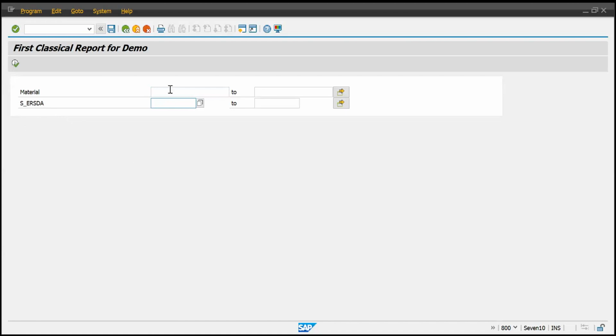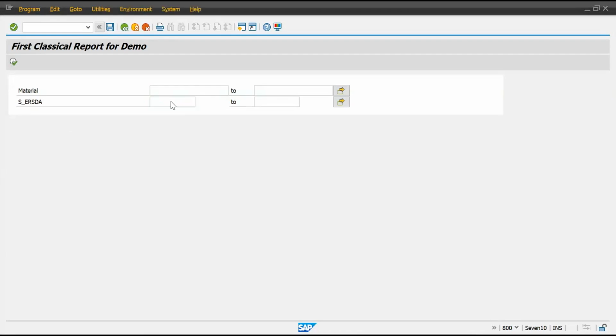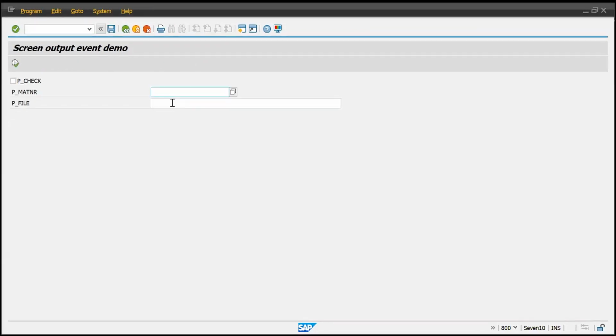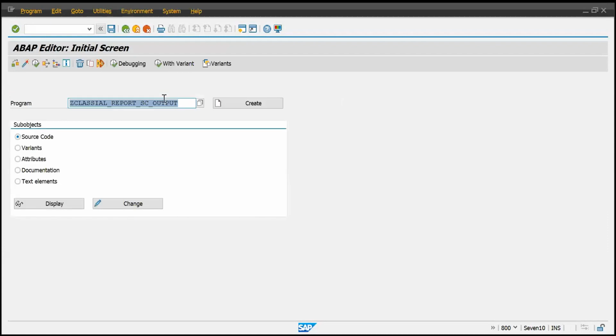See, we have seen how to create select options, and how to create parameters. We have seen it in this program and in another program. We have seen how to create check boxes also. Likewise we can create a radio button also, where the type is radio button, so that can also be created. Now if you want to create some